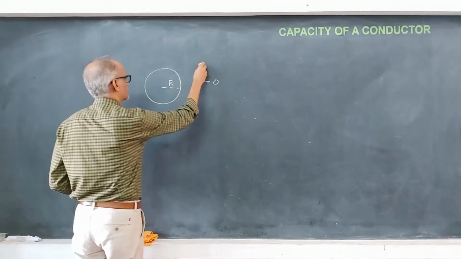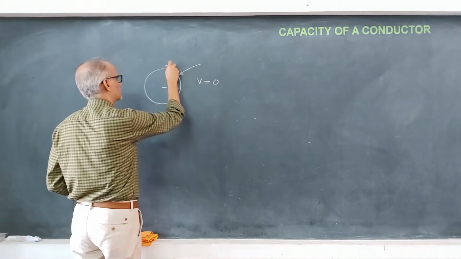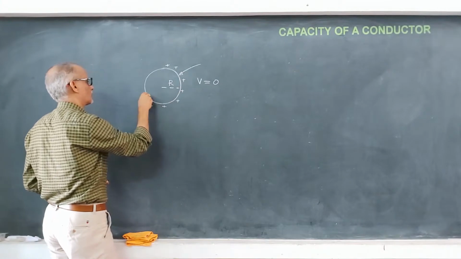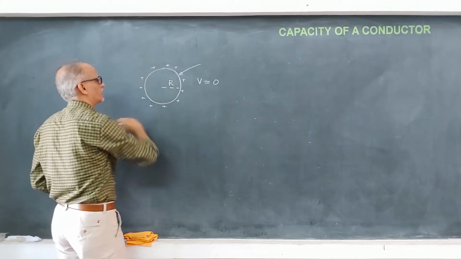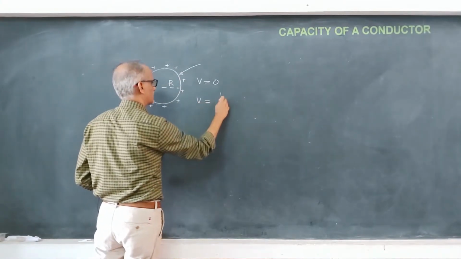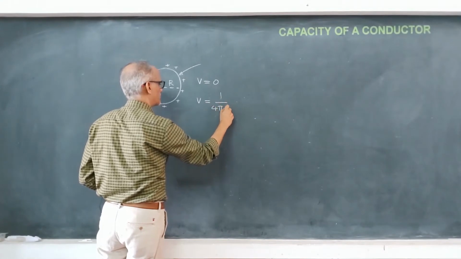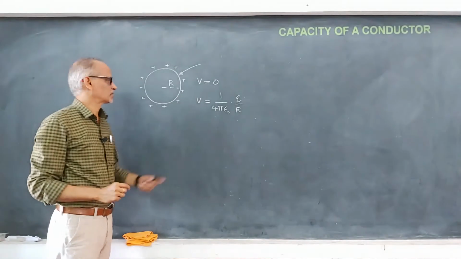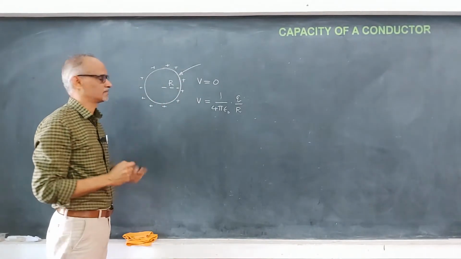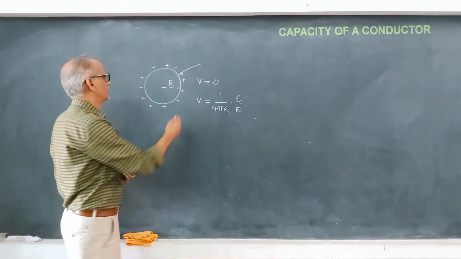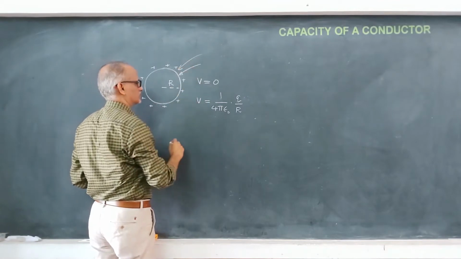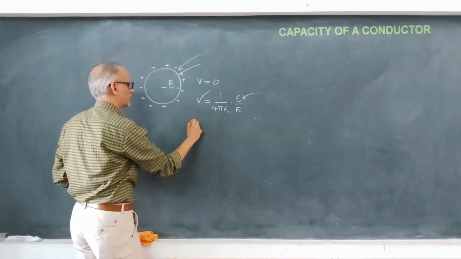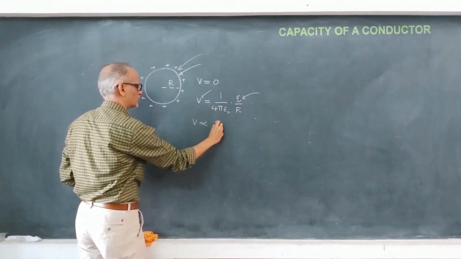If I provide some charges to it, then its potential becomes V is equal to 1 by 4 pi epsilon naught Q by R. This is the expression for potential on the surface of a sphere. So if I give more and more charges, Q increases, V also increases, so that we can write V is directly proportional to Q,